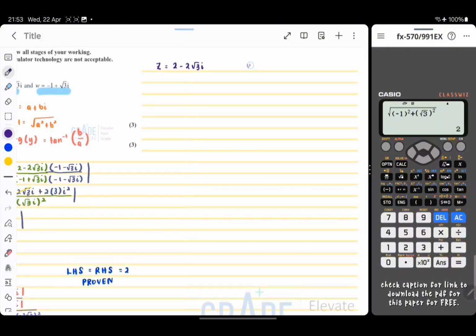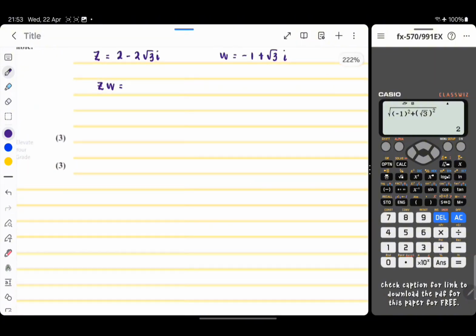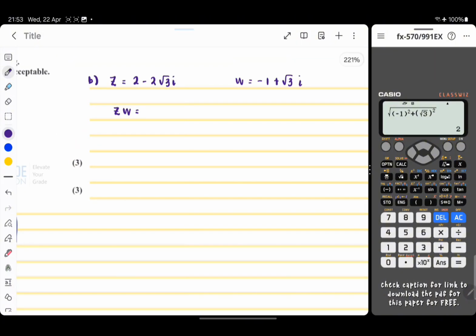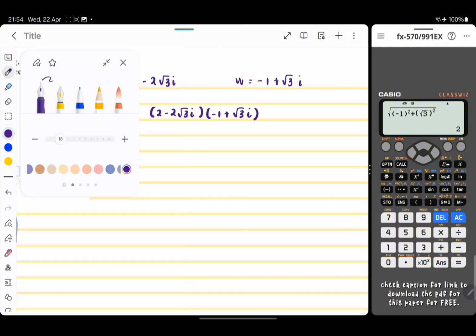The second point is W. W is negative 1 plus root 3i. Whereas the third point would be ZW. So let's find this. We have to multiply Z with W. So 2 minus 2 root 3i multiply with negative 1 plus root 3i would be